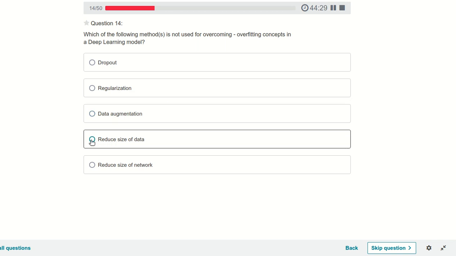Reduce the size of data. If we reduce the size of the data, it will create the overfitting problem. It will not even overcome the overfitting problem. It will create the overfitting problem. So reduce the size of data is the answer.